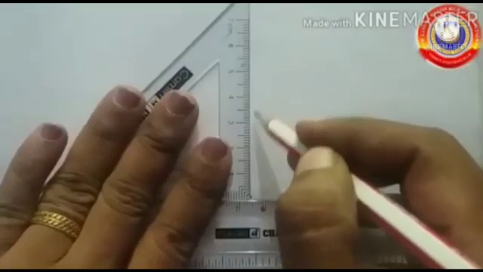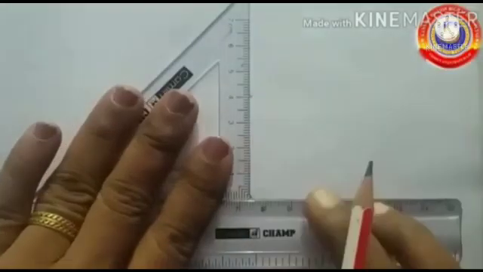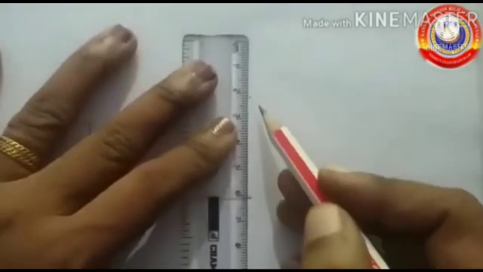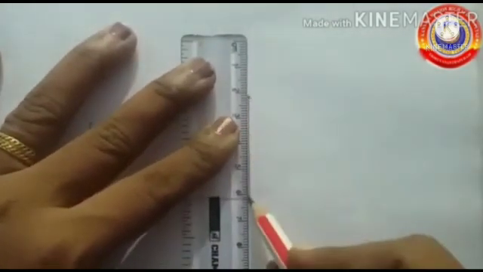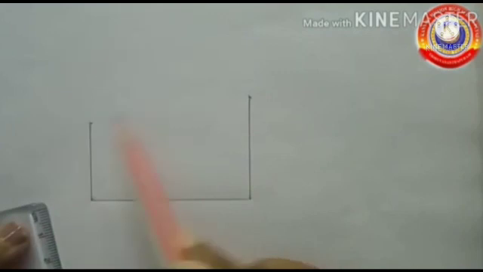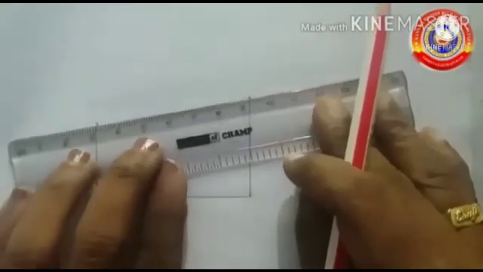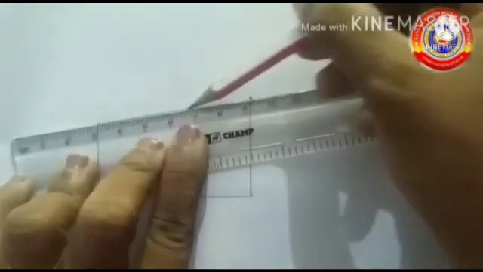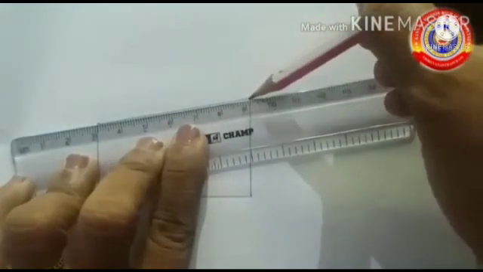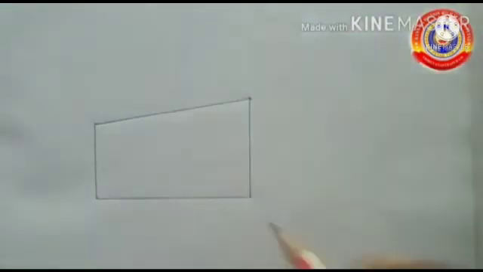After drawing the line, again hold the ruler very close to the line like this. Then place the set square over the ruler. Then from the right endpoint, mark a point upright 4 cm using the set square. Then join the two points using the ruler. Then join the top ends of these two lines. Look students, we get a quadrilateral like this.